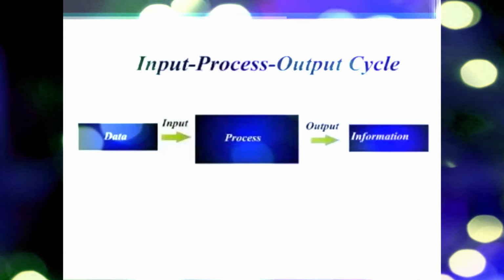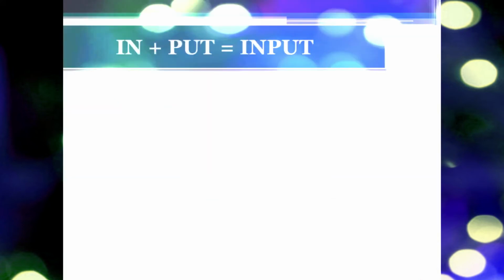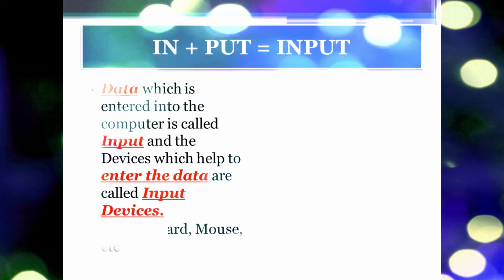In terms of a computer, we have an IPO cycle. Now, how does it work? First is the data, which is my input, that is being processed. After processing, we get the information in the form of output. So this is how the IPO cycle works for a computer. But besides this, there are many other examples in our surroundings presenting the IPO cycle. We are going to learn them later. Before that, let's learn about input.